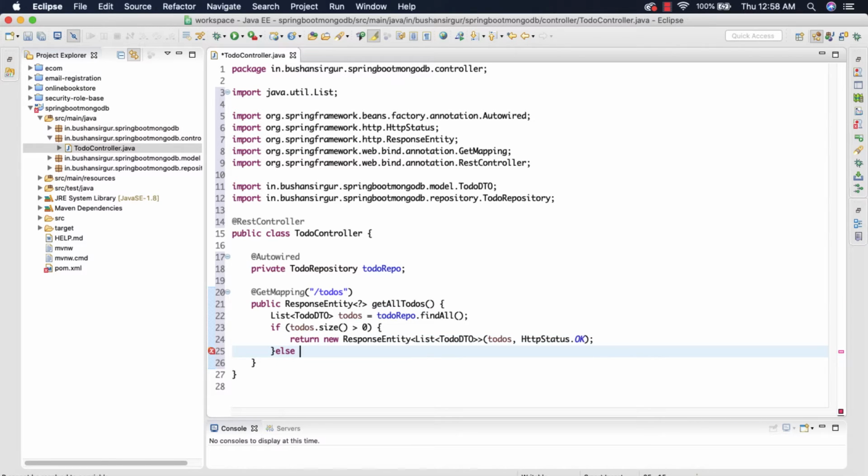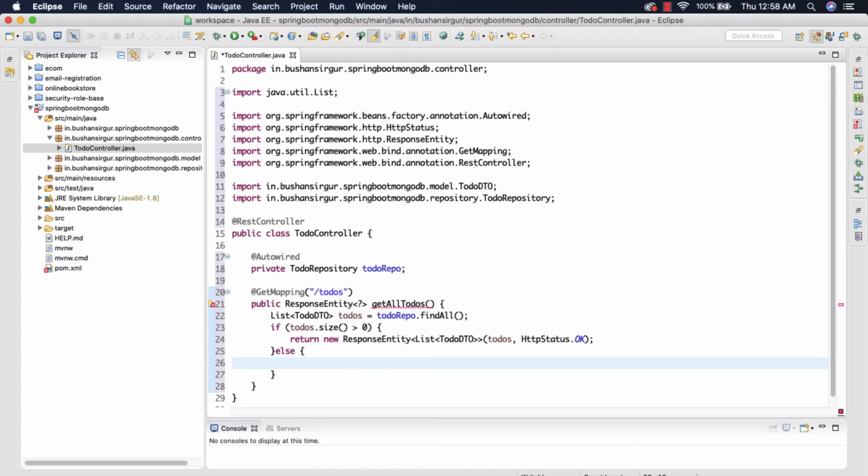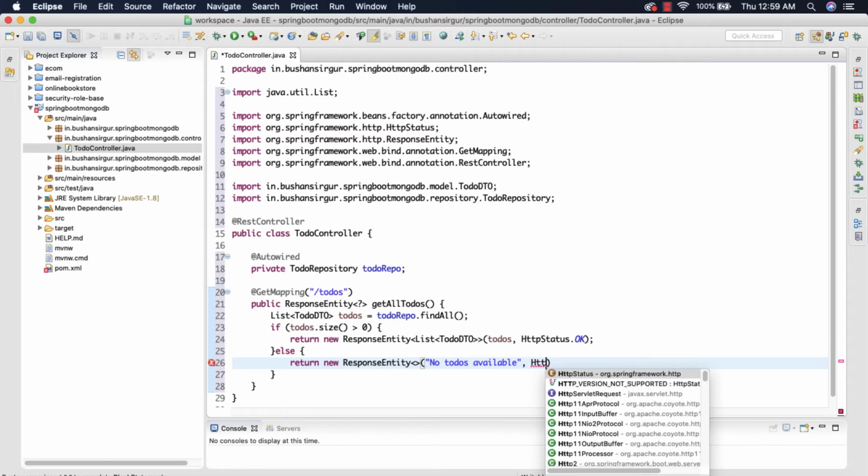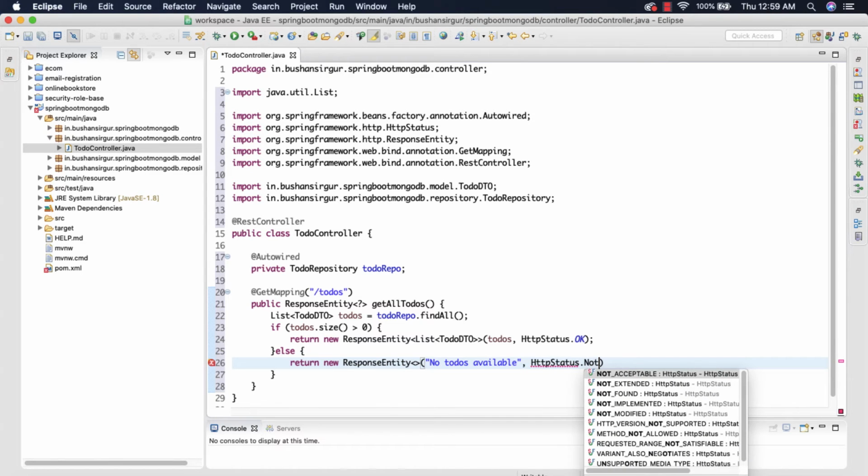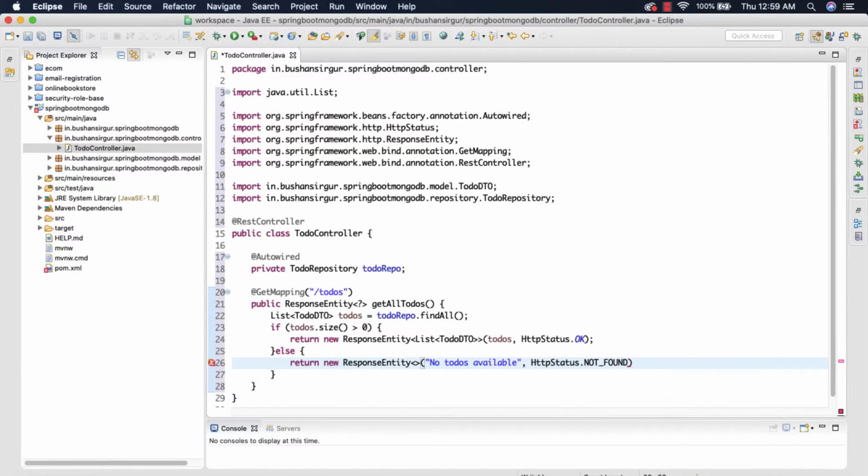If the list is empty, then we are going to return a message, ResponseEntity, no to-dos available, and the HTTP status, I'll set this to NOT_FOUND.